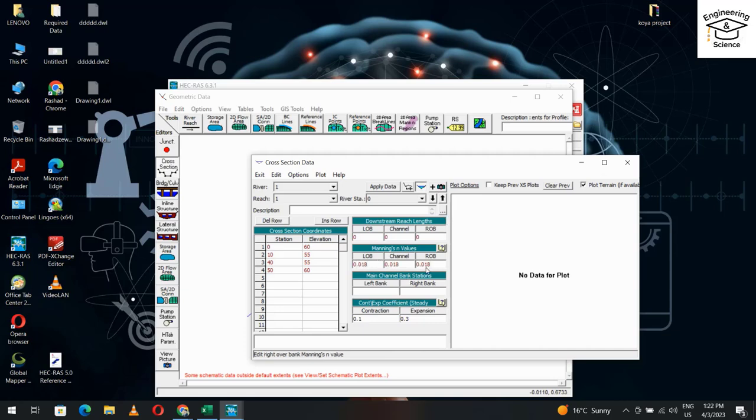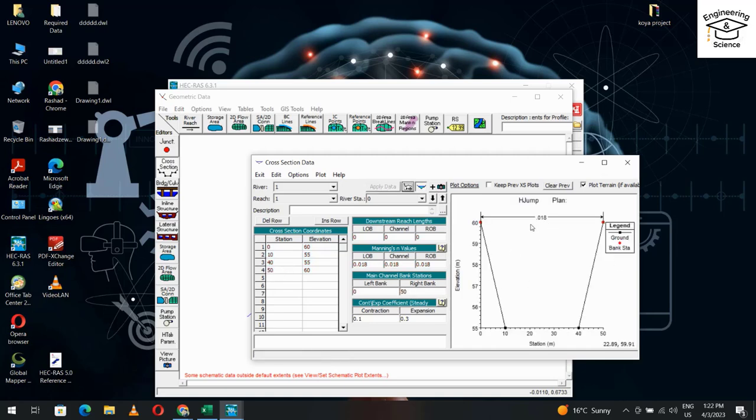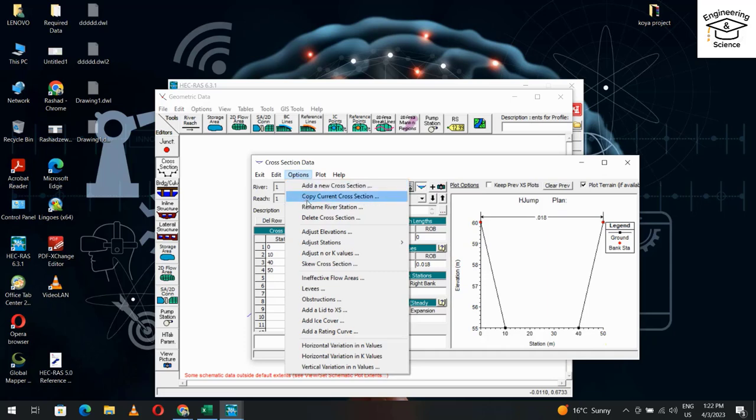You have to know the Manning coefficient for your channel. Left bank here 0, right bank it's 50. Apply data, that's our cross section. Then Options,